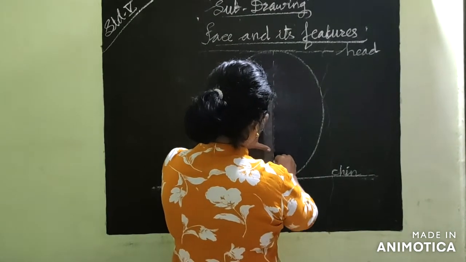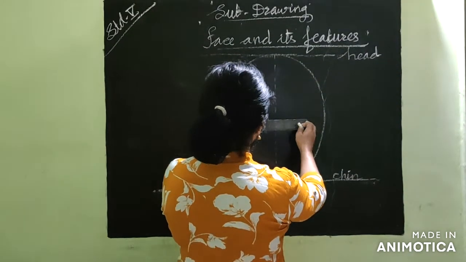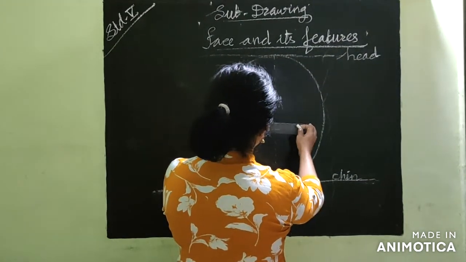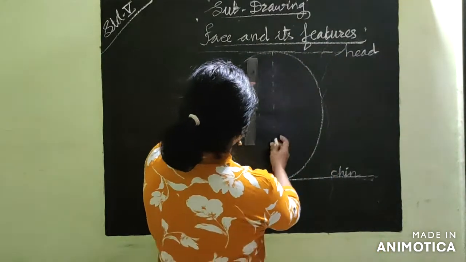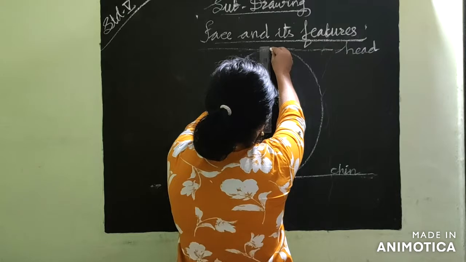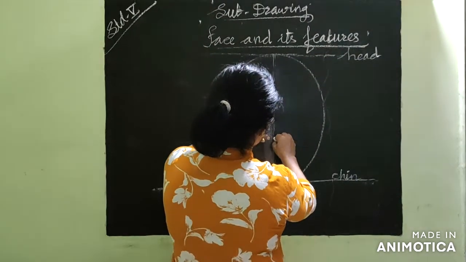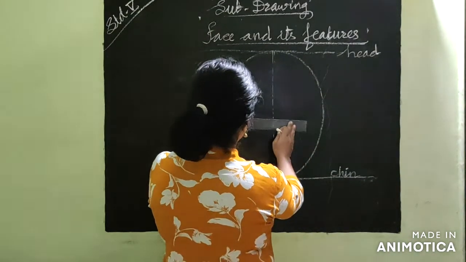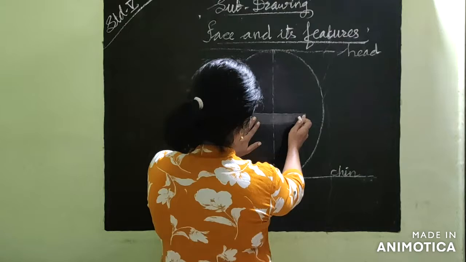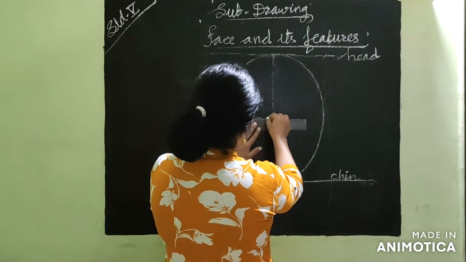Let's make equal parts vertically and horizontally. I am not counting here, so a little mistake may be made. So ignore it. Simply remember, you have to divide this oval shape